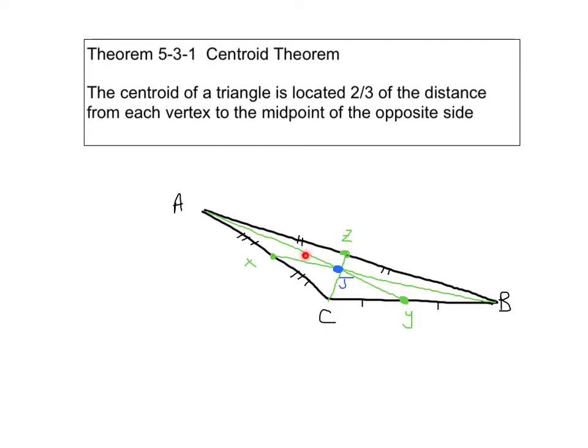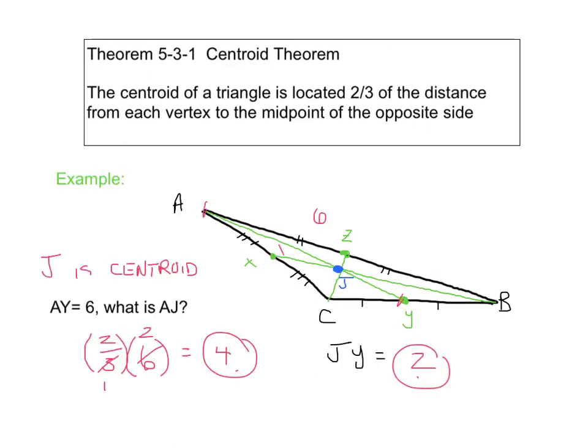So we have a segment AY that goes through the midpoint and through a vertex. And the same thing could be said for the other side: we have two congruent sides, so Z must be a midpoint, so we have a segment CZ, and then we have BX. So what we could say is that J is